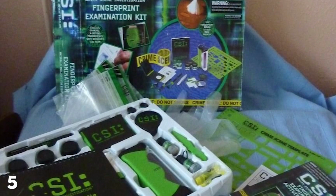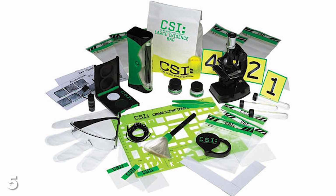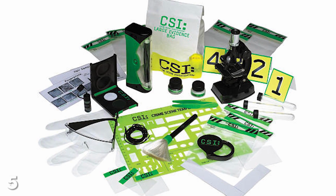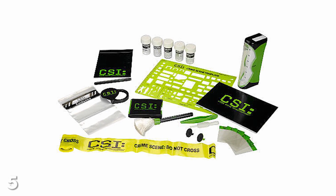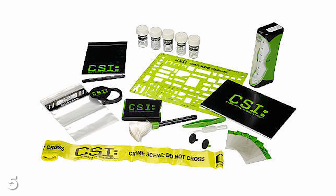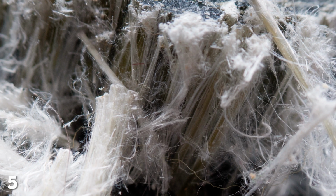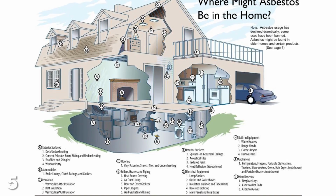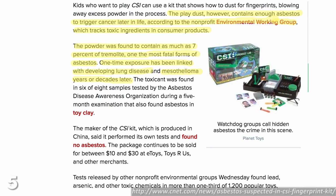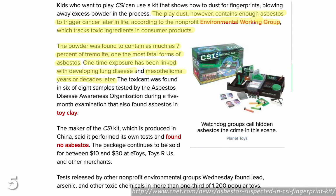The CSI Fingerprint Examination Kit was a science kit based on the show which allowed children to play at solving crimes by dusting for fingerprints. Unfortunately, the dust used in these fun little games contained asbestos. You know, that friendly little cancer-causing dust whose very presence causes whole buildings to be evacuated and shut down? As much as 7% of the dusting powder was found to be made up of tremolite, the most dangerous type